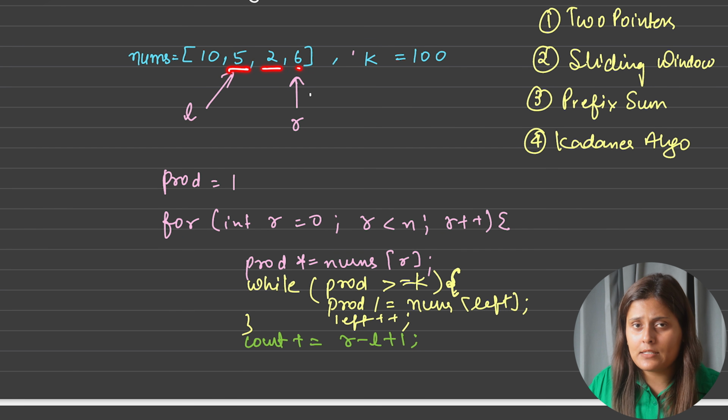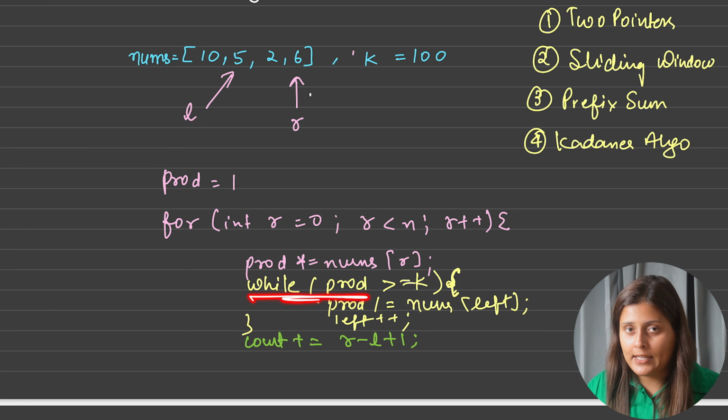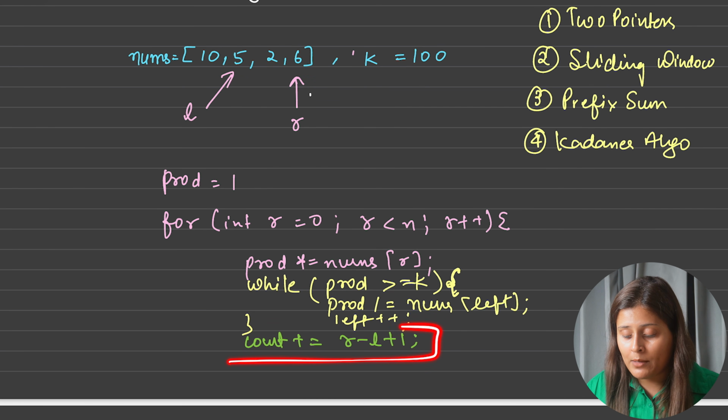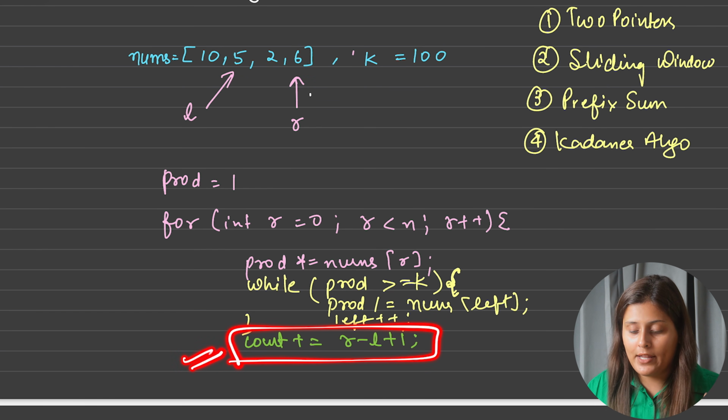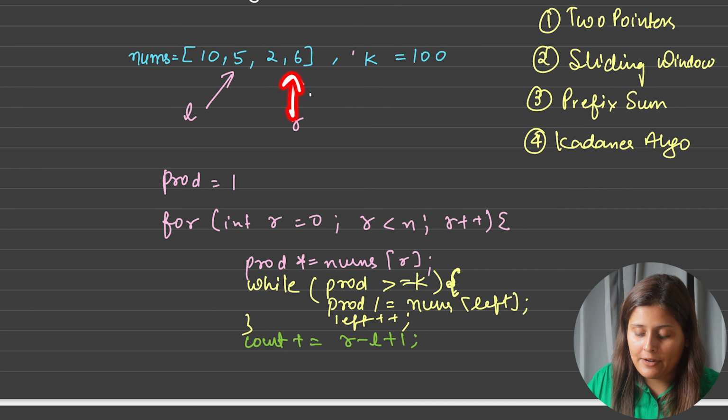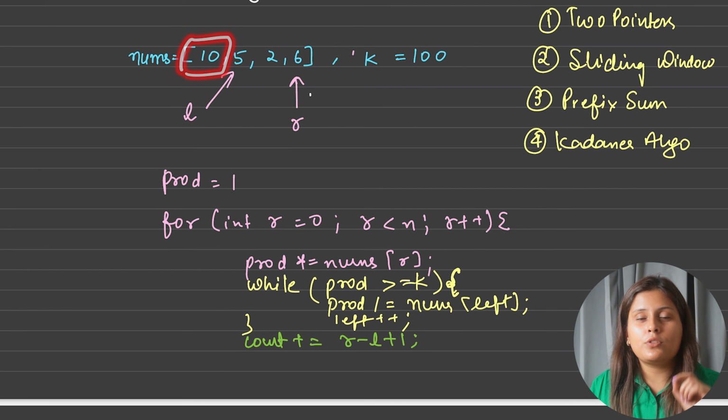5 into 2 into 6, that is 60. Again, is this greater than k? No, it is not. Again, what is the total number of subarrays that will get added? Extra subarrays. That is nothing but right minus left plus 1. Again, 3 length extra. So now if you see the total number of subarrays, so the number of subarrays